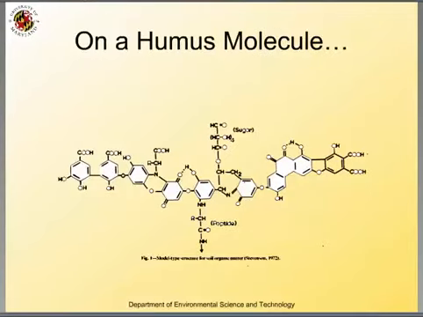This is what happens on a humus molecule. This is a very simplified diagram of a humic material. And this is interesting for a couple reasons. First of all, it kind of shows you how humus is built. These are little aromatic groups, for those of you that took a little bit of chemistry. These are aromatic groups. There's bridges between them. These are called bridges. Okay? And then there's functional groups off of them. Okay? So all these functional groups